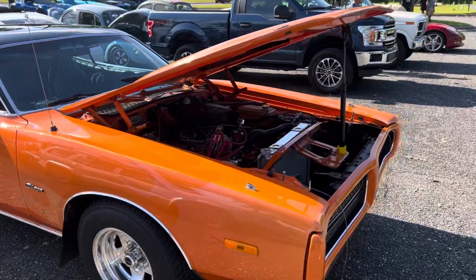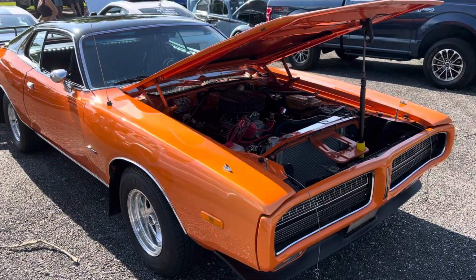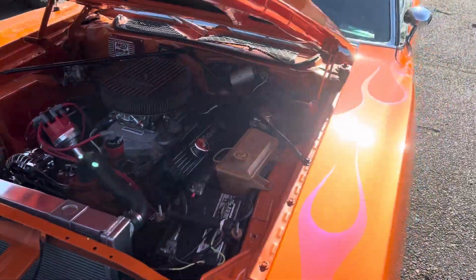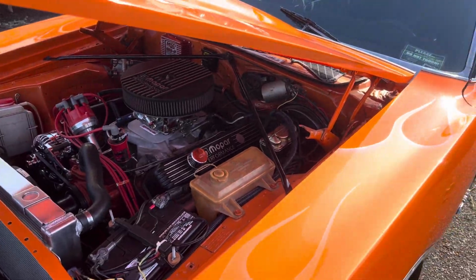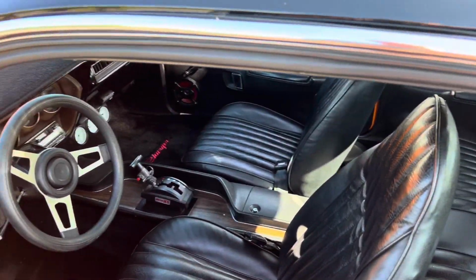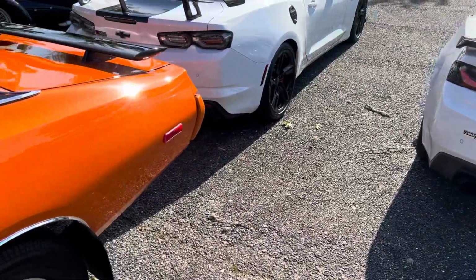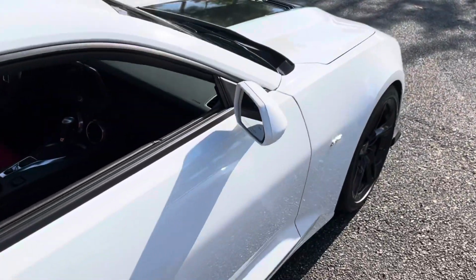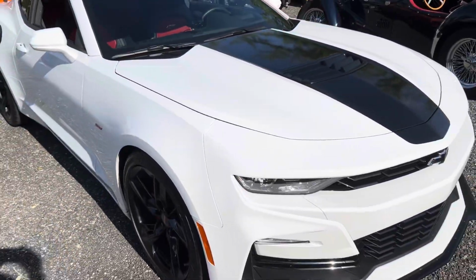I'm not even going to guess because I don't know my old school Chargers, but this is like a 71 to 73, somewhere in there. And again, I'm not going to guess on the engine because this entire car is modified from front end to back end, and I don't know my old school Mopar engines. Especially this one's race converted. It could be some kind of odd stroked up something or other, because originally it would have been something like a 318 or a 340 or something along those lines, but that's not it. So maybe